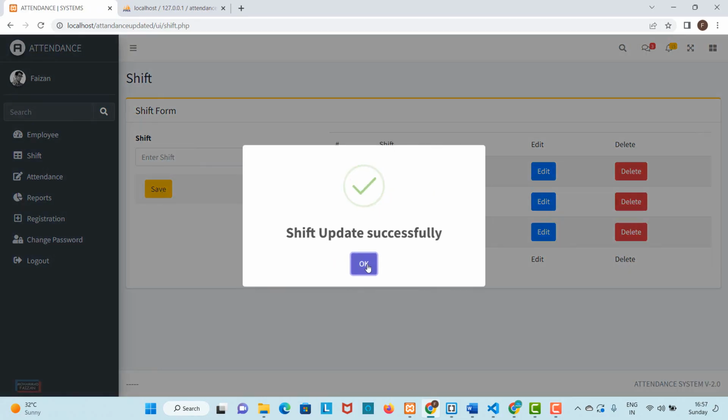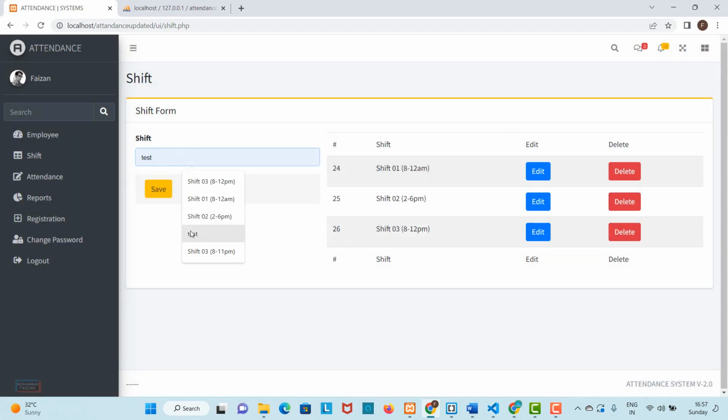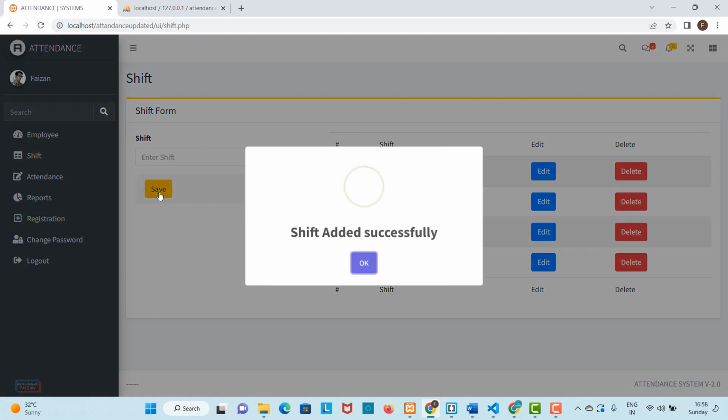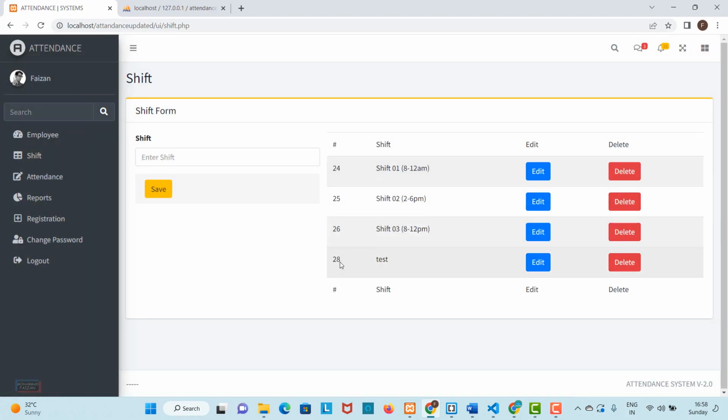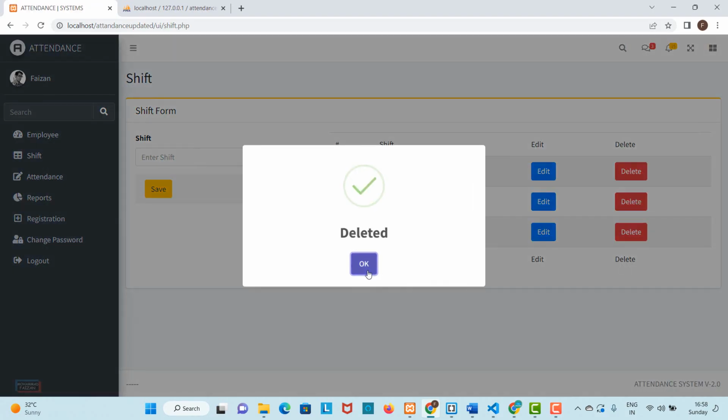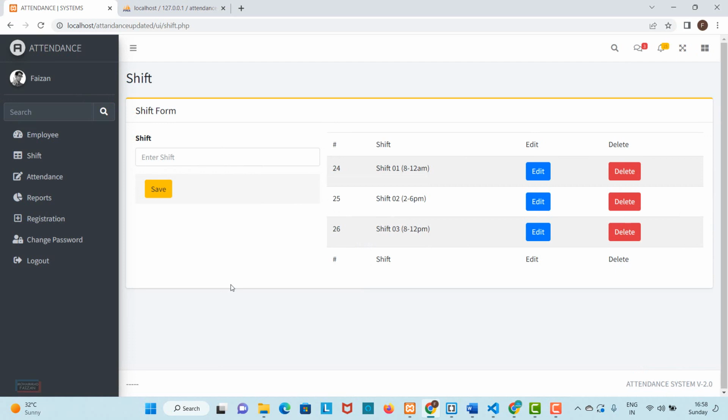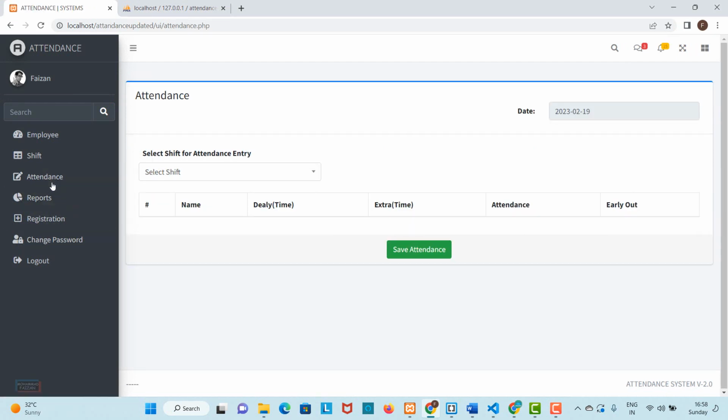Now again it's updated, and let me add our test shift, save, and you can see here the new shift we have added which name is test. So we can delete this shift from this button. Okay, and now let's go on the attendance page, and on the attendance page here we can add the attendance